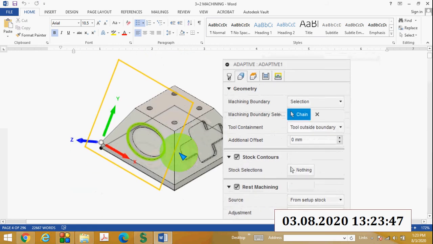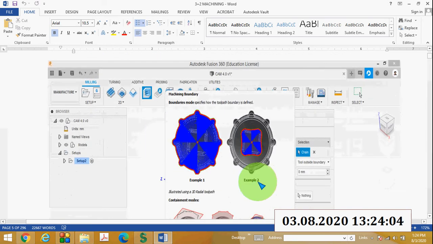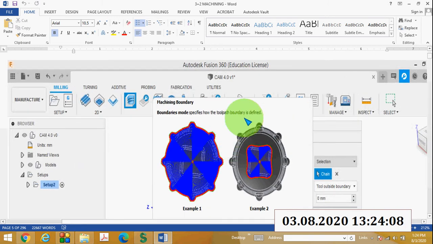Then next, I have to select the machining boundary. I will select this ellipse as the machining boundary. Machining boundary means how the toolpath boundary is defined.